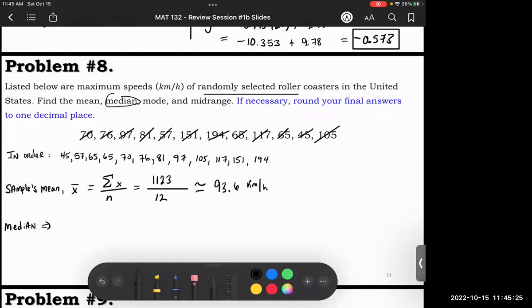Anybody remember what's the definition for a median? Would it just be like the middle value? Yeah, the median is essentially the middle value, but you got to be careful. I technically call it the halfway point of your data set. In other words, 50% of the data values are less than the median, and the other 50% is going to be greater than the median. In your data set here, since n is equal to 12,